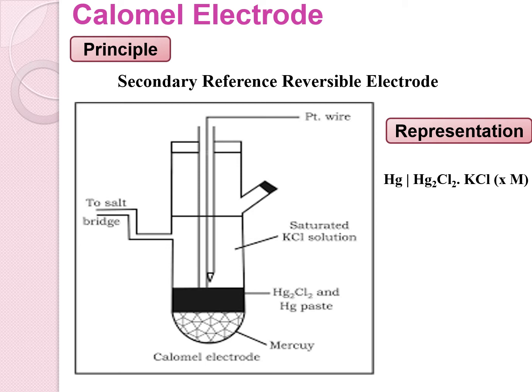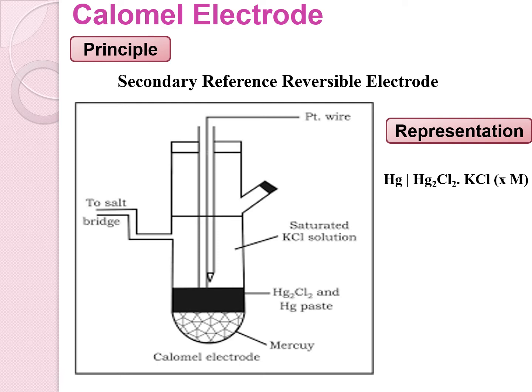So here you can see the diagram of this calomel electrode. It's a long glass tube. Inside this long thin glass tube, we have one more tube where at the bottom of this tube we have mercury. Above this, the mercurous chloride and mercury paste, and then the remaining portion is filled with the saturated KCl solution. Then at the top we can see that we have inserted a platinum wire. The function of this platinum wire is to carry the electrons either from the calomel electrode to the other electrode, or to receive the electrons from the other electrode to this calomel electrode.